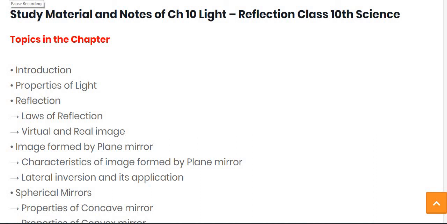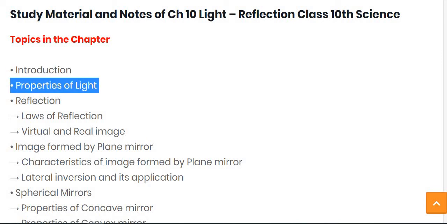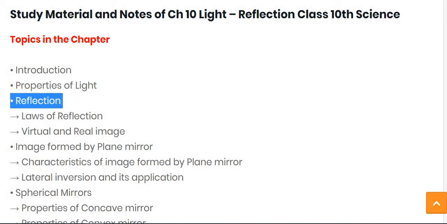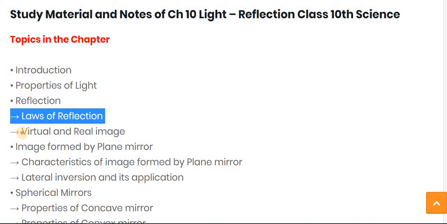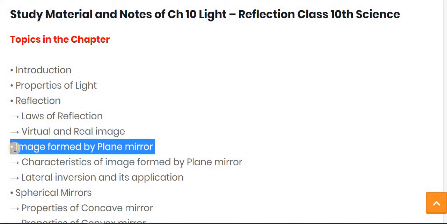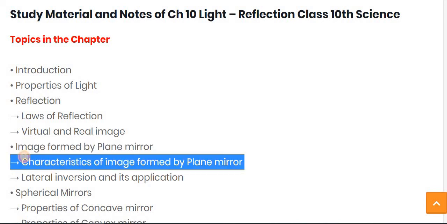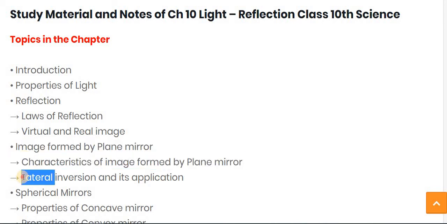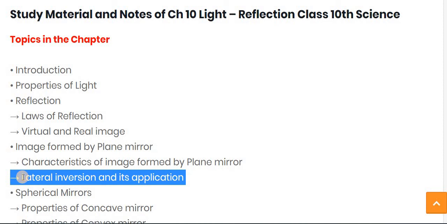Hello students, in this video we will revise some topics of chapter number 10. The topics in this chapter: first of all we see the introduction, then properties of light, then reflection, law of reflection, virtual and real image formed by the plane mirror, characteristics of the image formed by the plane mirror,